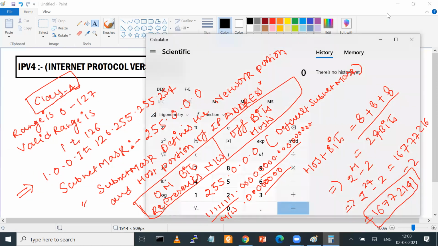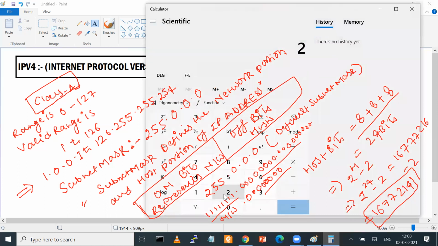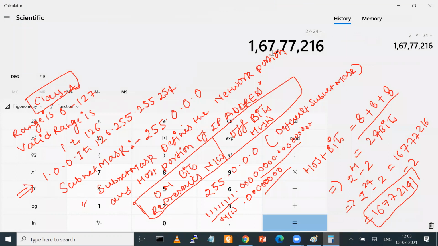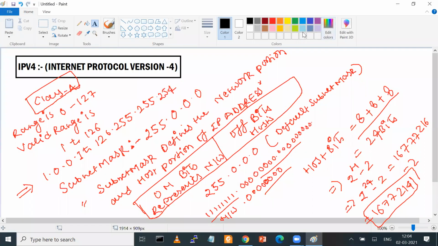Let me just check the value of 2 raised to the power 24. x power y. 16777216 minus 2, 16777214. So these number of hosts we can use in